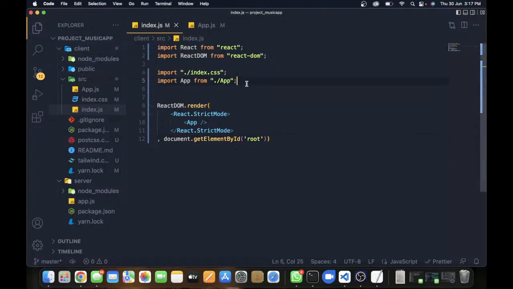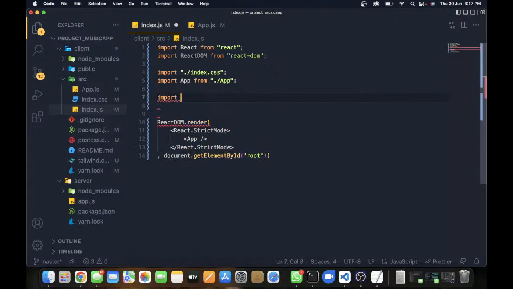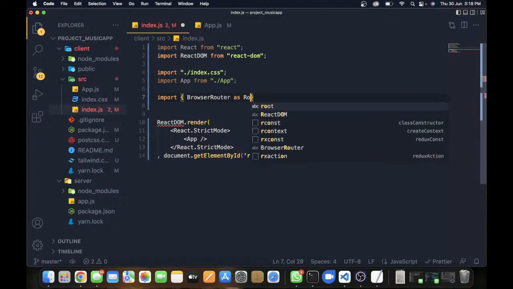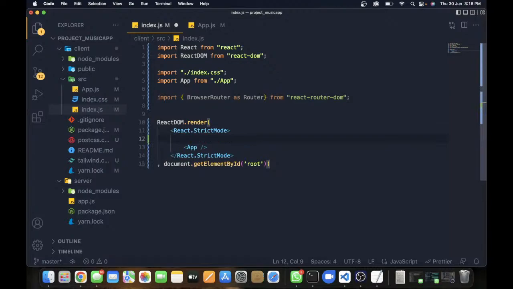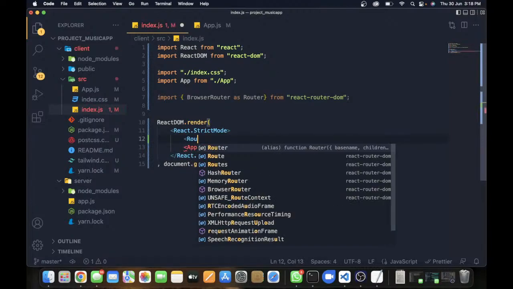So let's import the package, import BrowserRouter as Router from react-router-dom. Okay, so that's the package, and we have to wrap our main app into our router. So Router